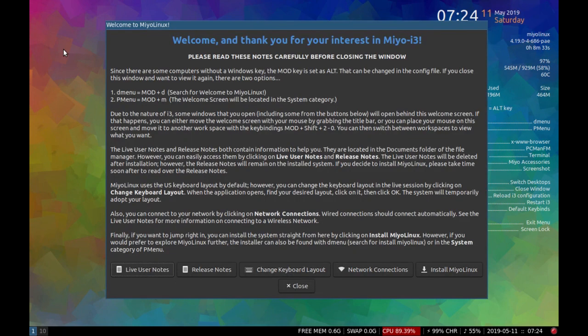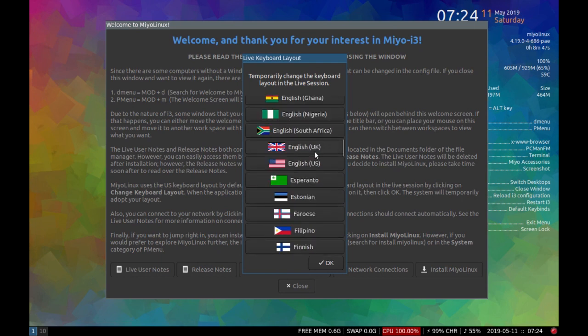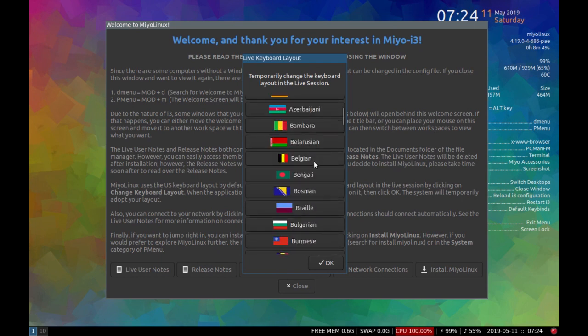So let's go over a couple of other things. If you need to change the keyboard layout, you can do it right here. Click on that, and it'll open up the live keyboard layout chooser, and just scroll through and choose the one you need, and click on it and click OK, and it'll temporarily adopt that keyboard layout. Alright,